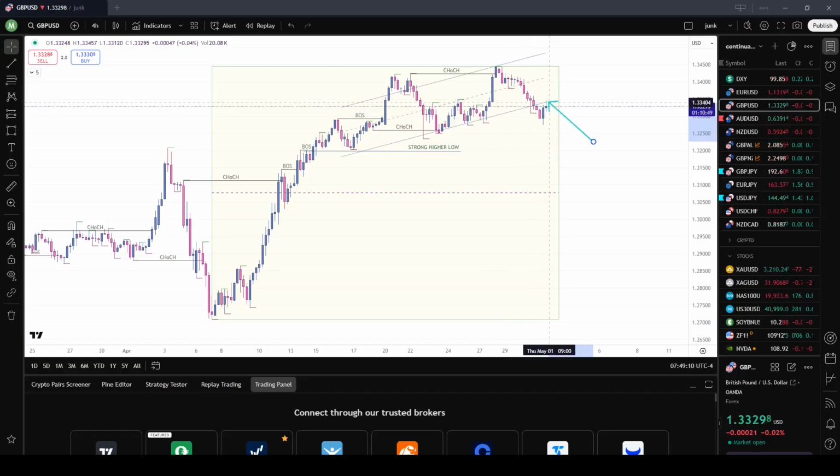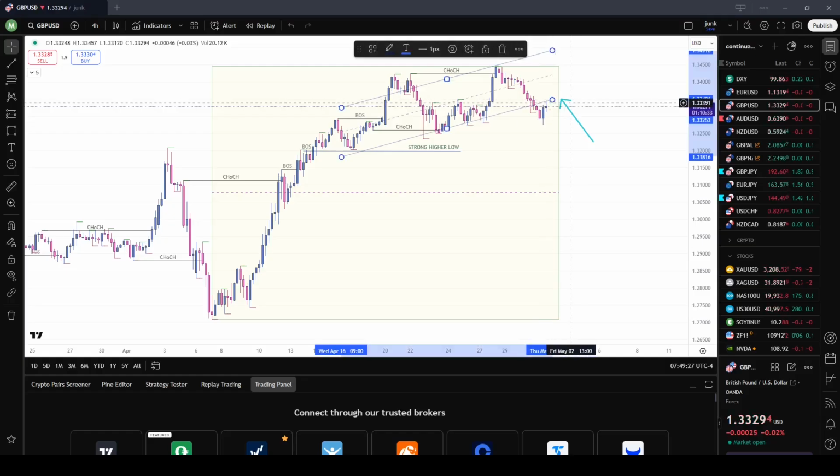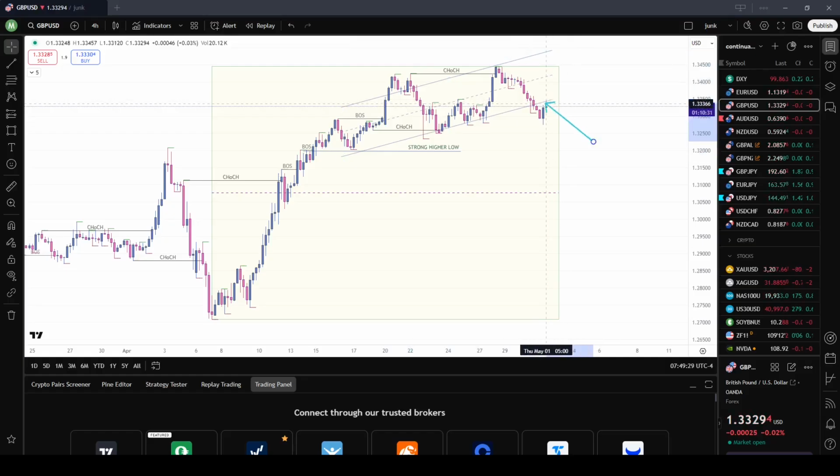It's broken out under this channel, started taking out some of the liquidity sitting under the lows, but hasn't really given a strong close in that direction. It's rejecting these lower prices, but hasn't gone back into the channel yet. So just waiting to see if there's any type of fundamental news on the US dollar to see if prices can go ahead and continue targeting these lower prices and start breaking past these lows,